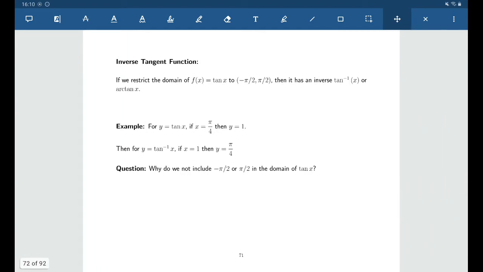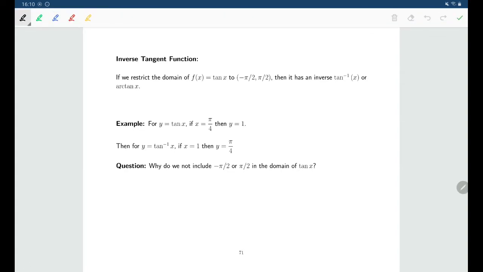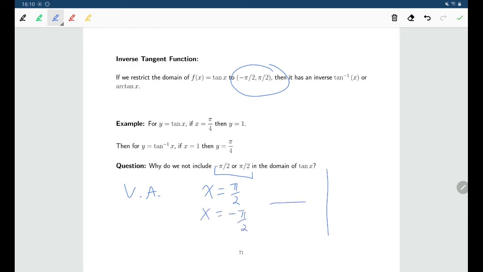For tangent, much the same. Again, we're restricting our domain from negative pi over 2 to pi over 2. You might notice here that it's not square brackets as it was before, it's round brackets. So we have from negative pi over 2 to pi over 2, not including both of those. And the reason, of course, why we're not including negative pi over 2 or pi over 2 is because that's where you have vertical asymptotes. You have vertical asymptotes of x equals pi over 2 and x equals negative pi over 2, if we're remembering our graph of tangent